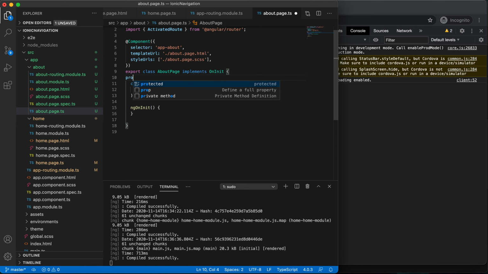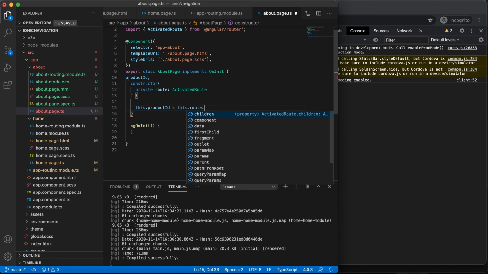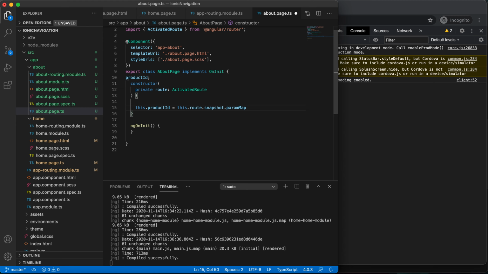Here I am going to create a productId. So I am getting this.productId equal to this.route.snapshot.paramMap.